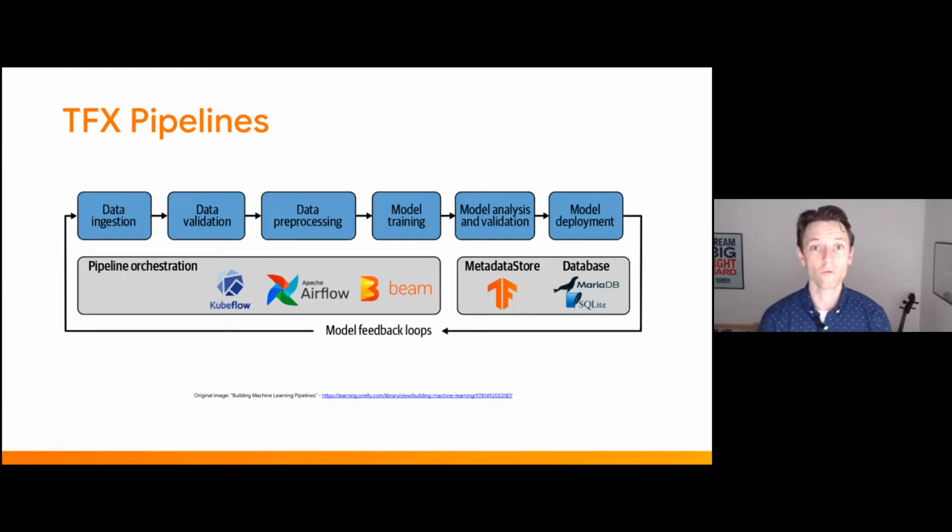And each component will talk to a metadata store to receive references to inputs to the pipelines, and then manipulate something as a part of that component. Let's say generate the statistics of the data set, or train a model, or validate a model, and then store the outputs and the references of those outputs of the component in the metadata store again.